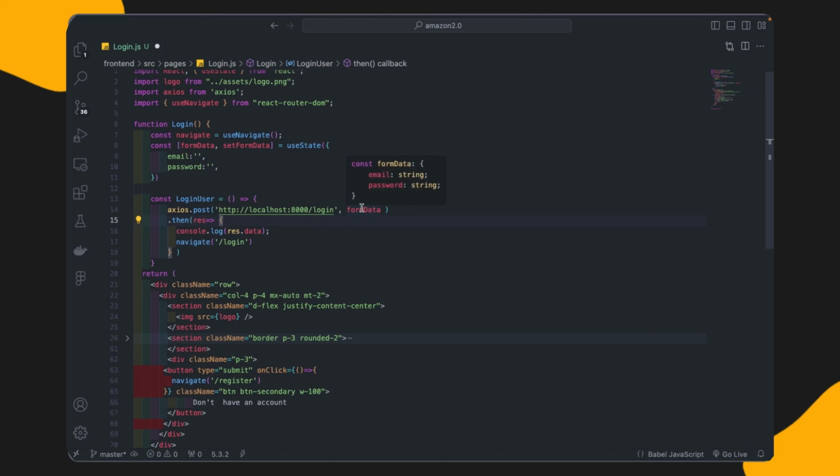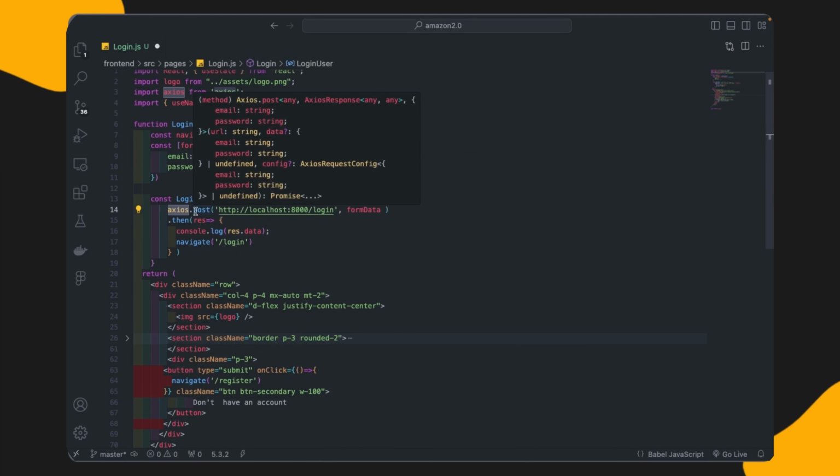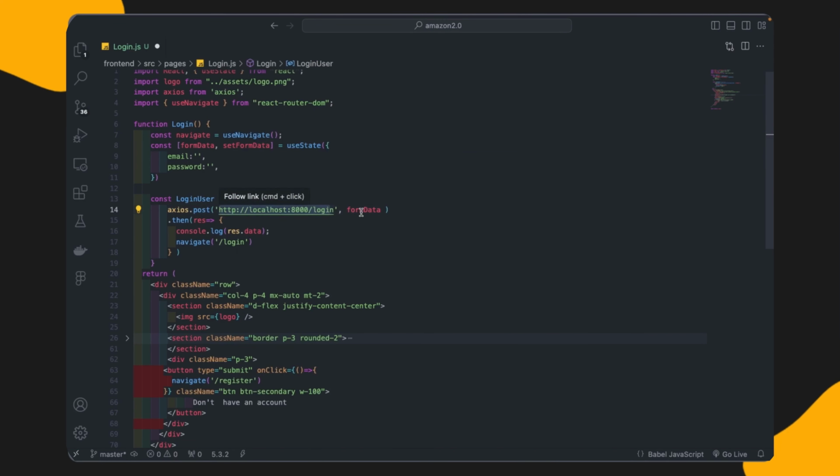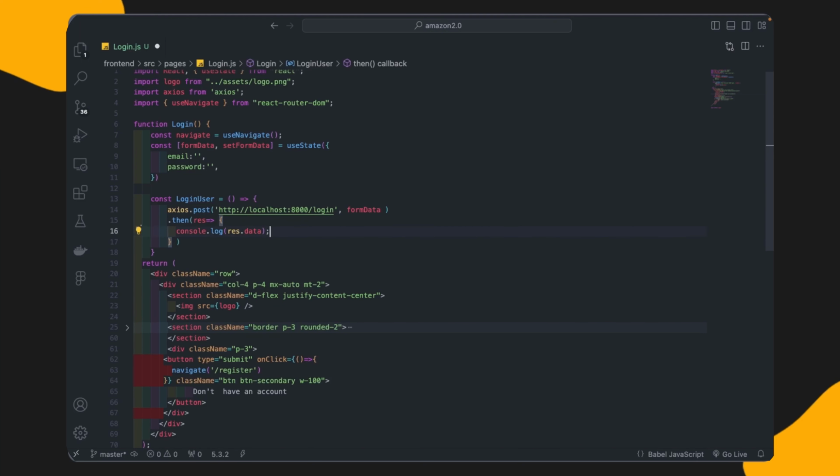And here formData is the variable in which we are storing whatever we are typing in the front end. Email and password will be stored inside this one, and it is passed like this. In the front end, the Axios library is there, the post method, this is the API name and the data, and in .then the response is coming, and I am simply consoling it. And I will remove this navigate because it was present inside the register function. Here we will do different logic.